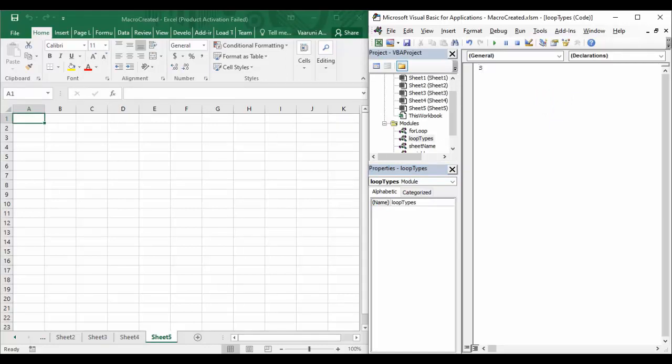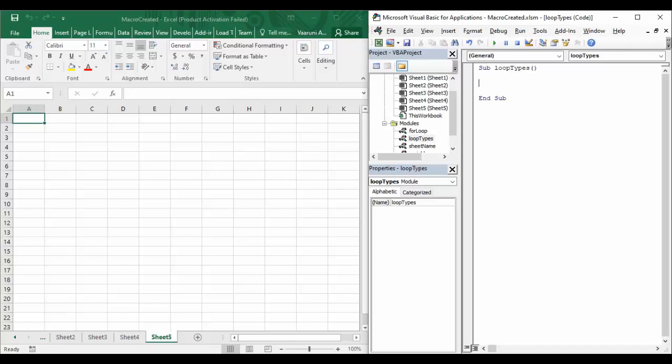Let's create a sub procedure, also named loop types. Open and close the parenthesis and write end sub to make sure that VBA recognizes it as a sub procedure.